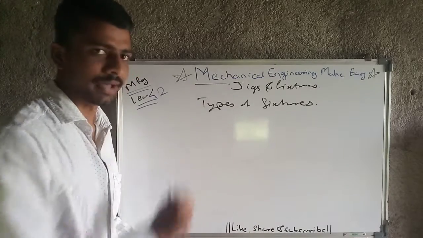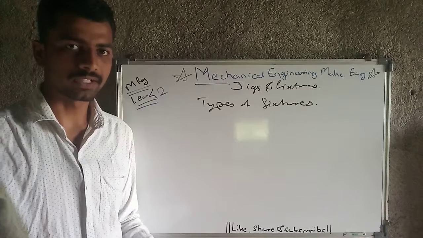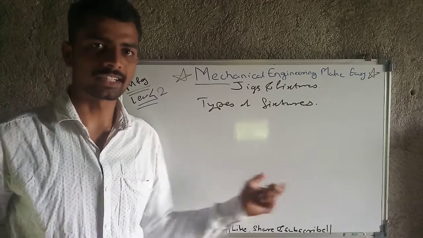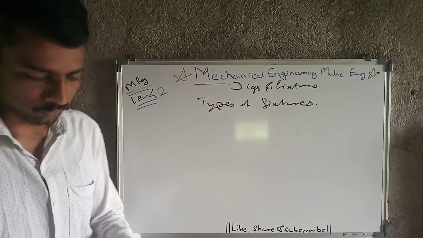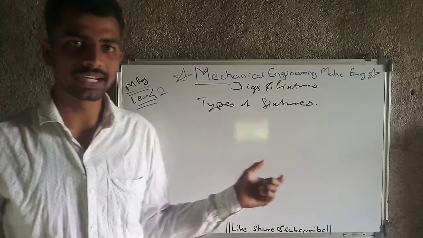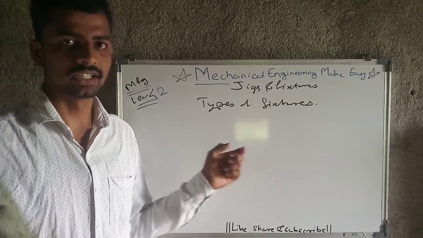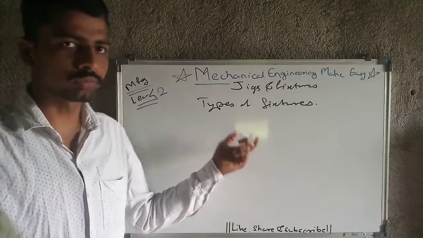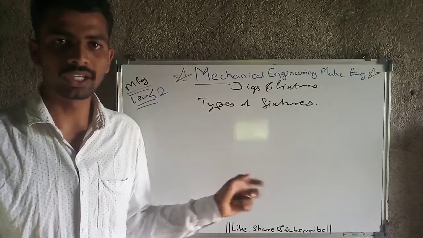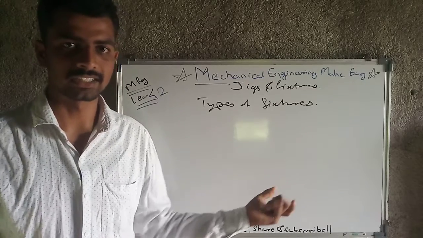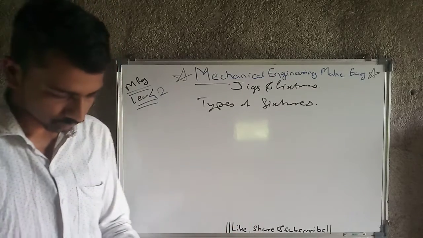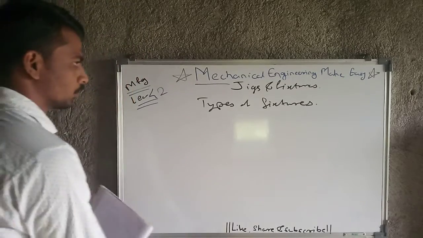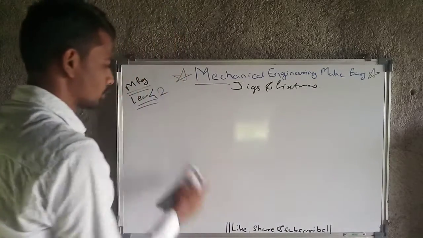In that case, we have to do some assembly. For fixing the workpiece we will use the fixture that has the name assembly fixture. From the name itself you will get to know which kind of fixture it is and where we have to use it. We don't need to go into too much detail in this, that's why I am only giving you the names and some explanation. These are some types of jigs and types of fixtures, and now we will move towards the bonus points of this lecture.